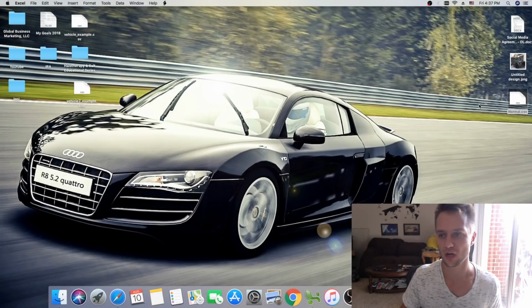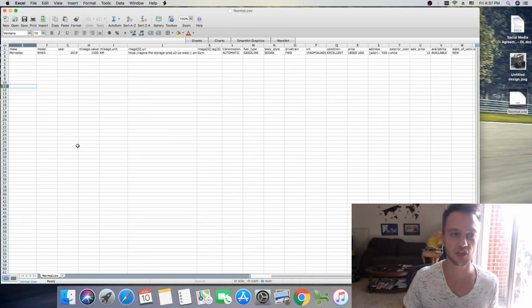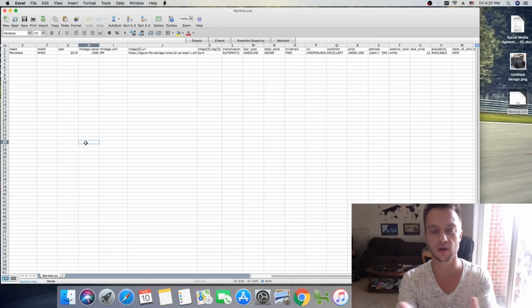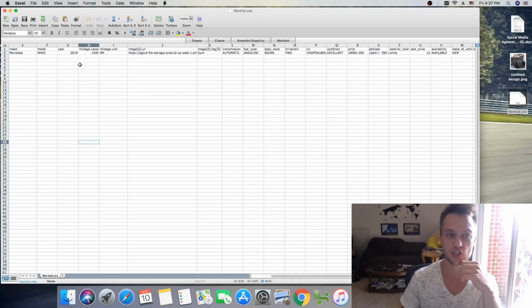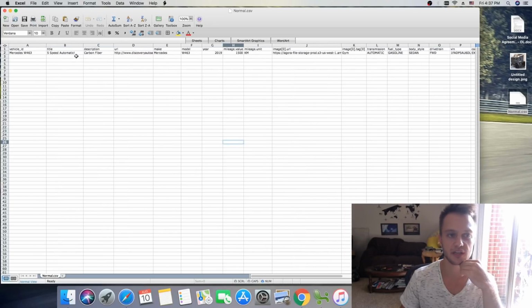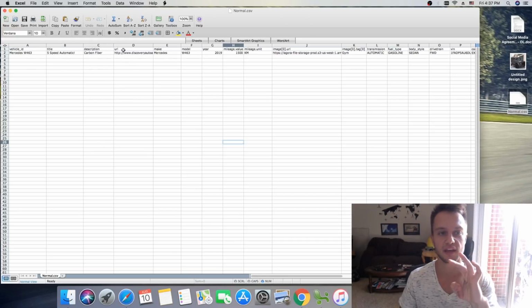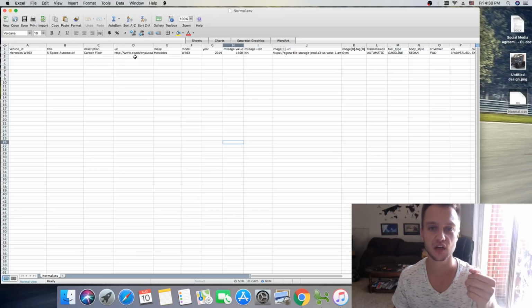So after that, what you want to do is fill out this whole spreadsheet with all vehicles that you have on your client website. So if your car dealership has 20 vehicles, 30, 50, 100, you will put every single vehicle on this spreadsheet, fill out make, model, year, mileage, and also the most important is image. And then here is going to be a description right here. Vehicle ID, the name of vehicle, also title and description. These 3 are the most important, and then URL also important,